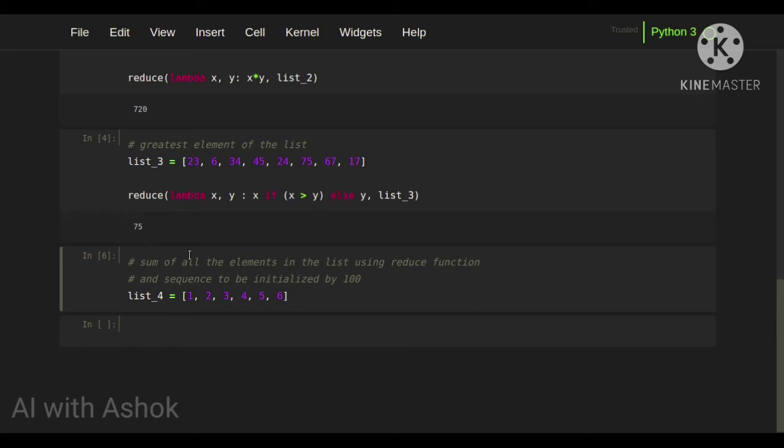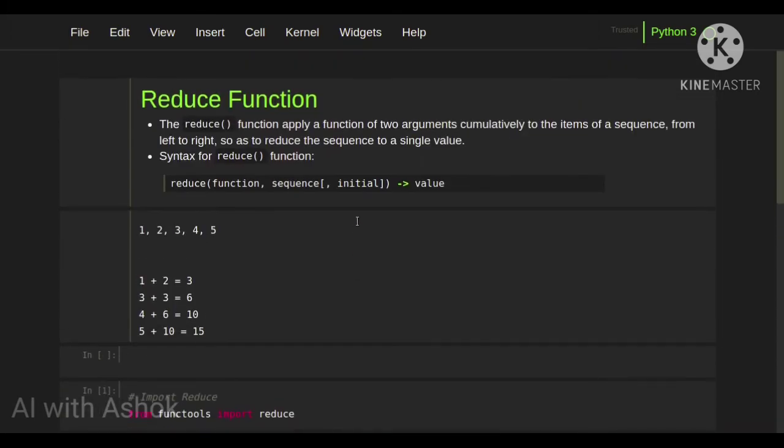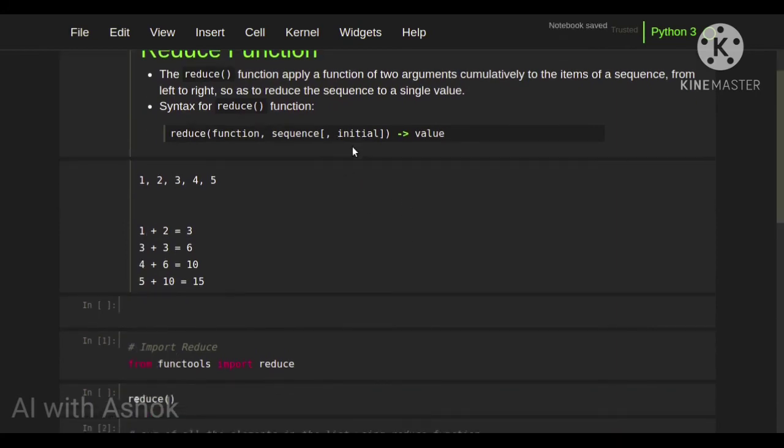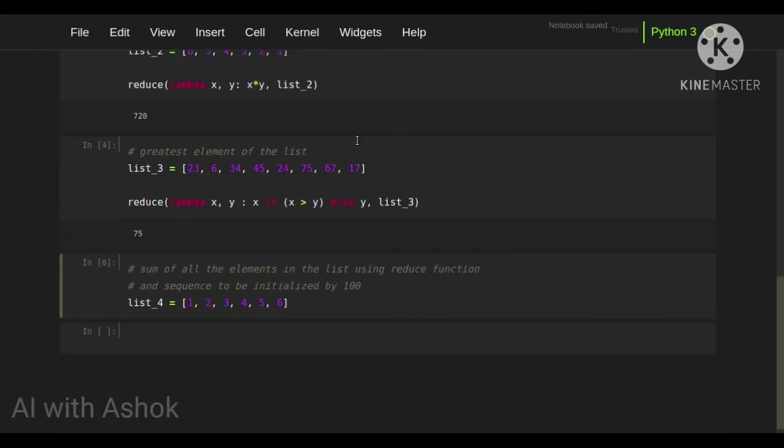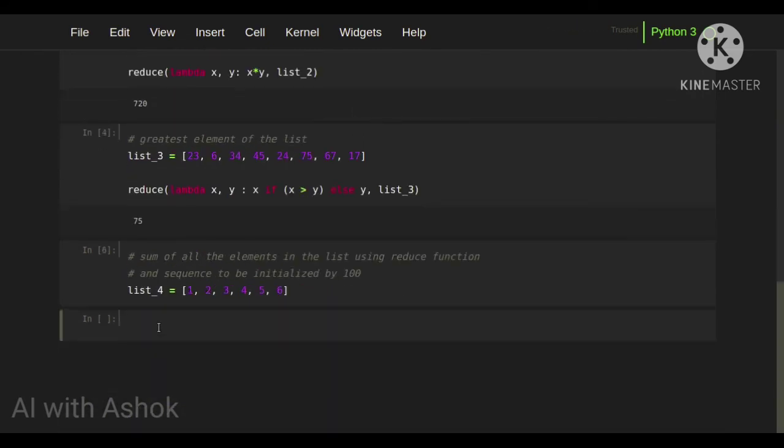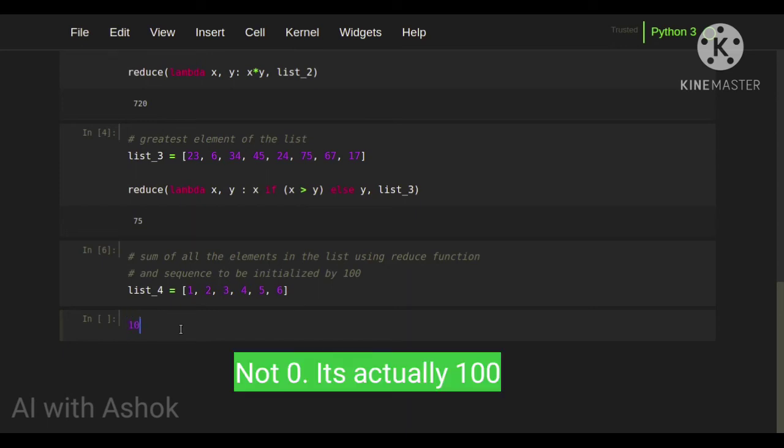We are going to find the sum of all the elements in the list using reduce function, with the sequence initialized by 100. Previously I have told about the initializer. So now we are going to use this optional argument in the reduce function. It will initialize the sum as 100.